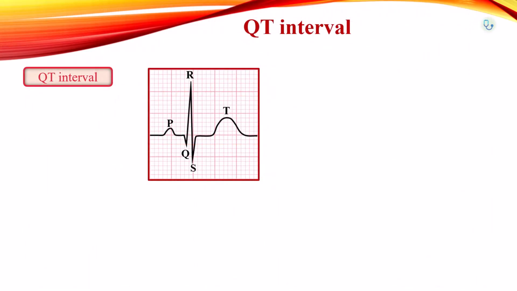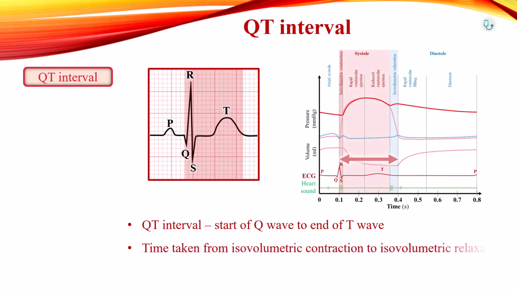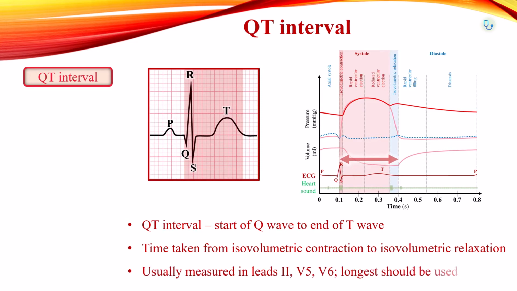QT interval is the time from the start of the Q wave to the end of the T wave. It represents time taken for ventricular depolarization and repolarization, effectively the period of ventricular systole, from ventricular isovolumetric contraction to isovolumetric relaxation. The QT interval is usually measured in leads II, V5 or V6, and the lead with the longest measurement